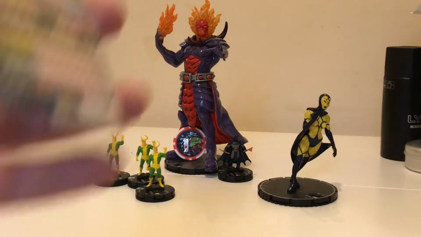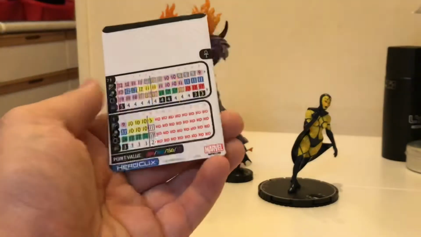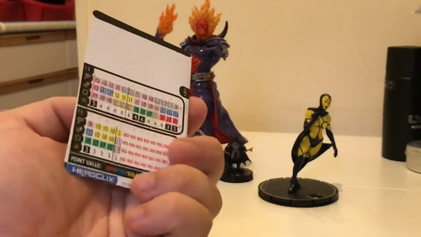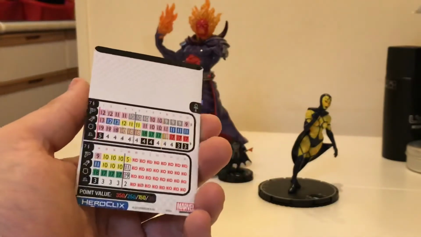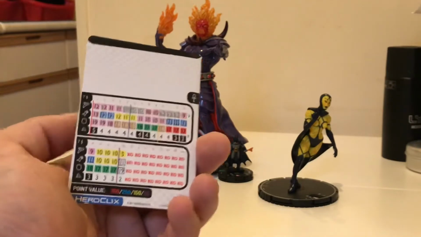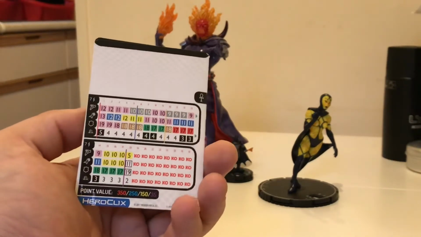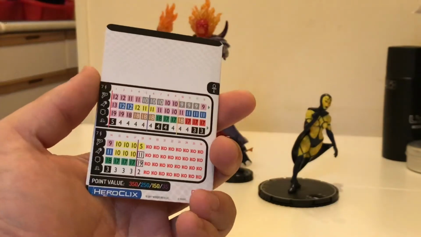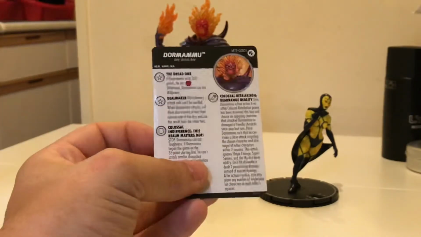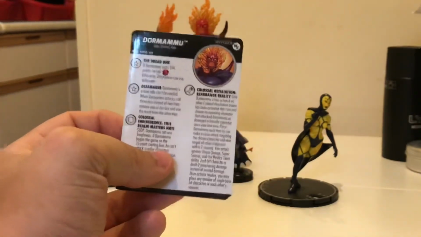And lastly, we have the 35-point Dormammu. So again, a really cool piece. Doesn't have the power cosmic, but has Mystic. So when you do finally hit him, you are taking damage for it. Phasing teleport. Again, has stealth. Again, you know, the Colossal Retaliation, so he can't